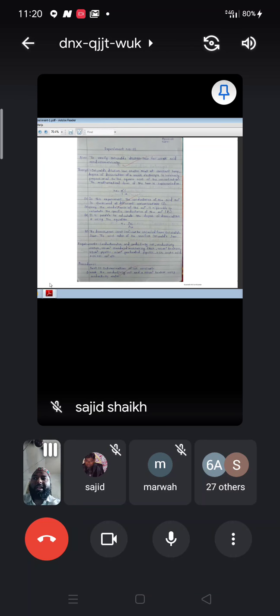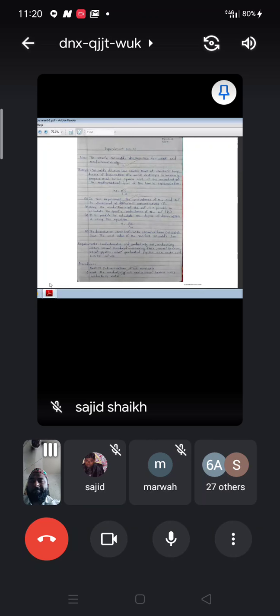Then what are the requirements? Conductometer should be there, conductivity cell should be there, conductivity water should be there. What is conductivity water? Distilled water. Simply you have to remember. Then 100 cm cube standard measuring flasks, 100 cm cube beakers, 25 cm cube pipette, 10 cm cube graduated pipette, 0.1 normal acetic acid, and 0.1 normal KCl solution that we should require.